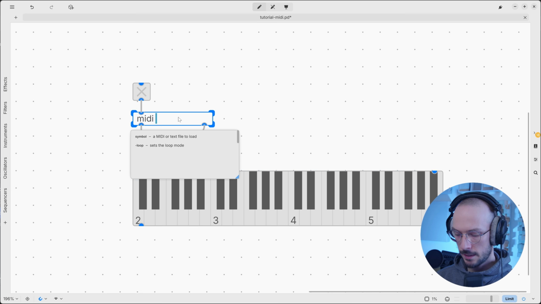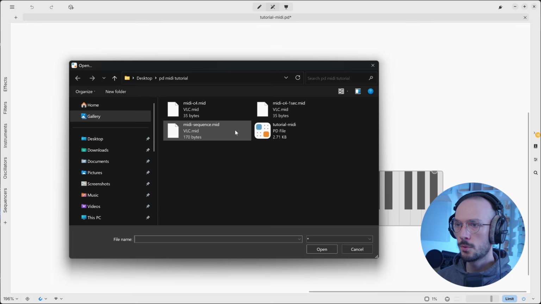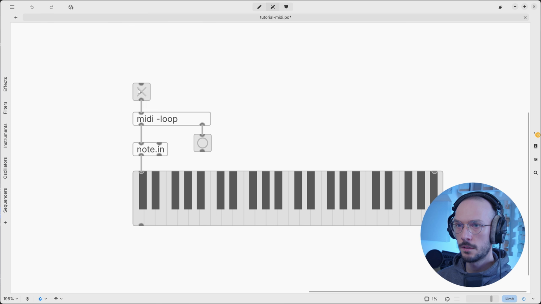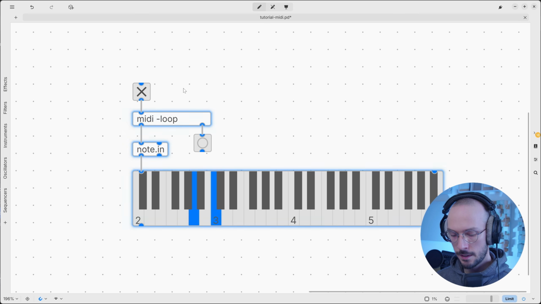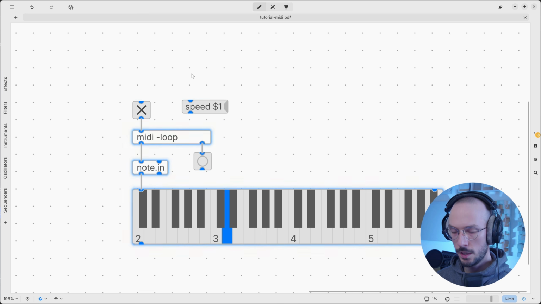Maybe we can set the loop mode with this flag that is a -loop. And it's not working. Let's reopen the MIDI sequence. Great. Now we can use some extra parameters like this message that is speed $1, and we can use a